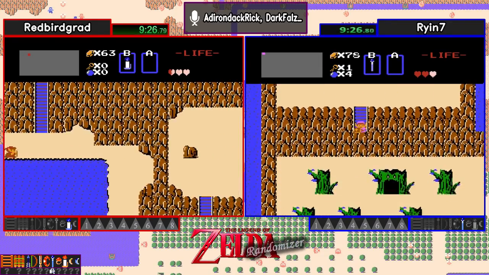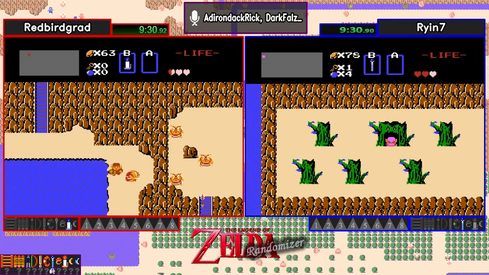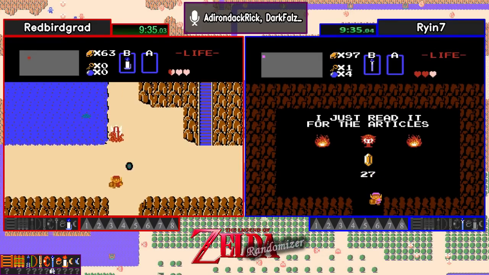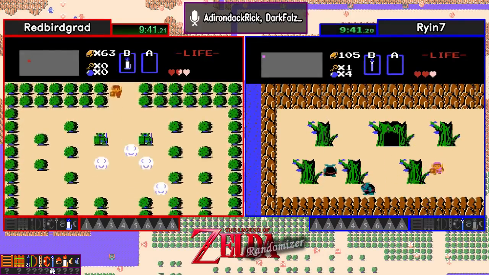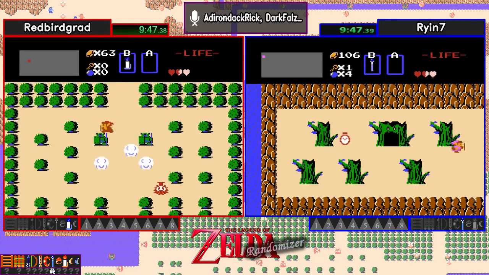Oh, wow, how did he stop that Octorok? That was just perfect timing for that. Yeah, he just juked that Octorok rock back at him and just happened to avoid it. Gonna try to get some hearts probably before going down into the forest. There he goes. He got 1 because these armors can do 1 heart of damage, and at this point now Redbirdgrad has